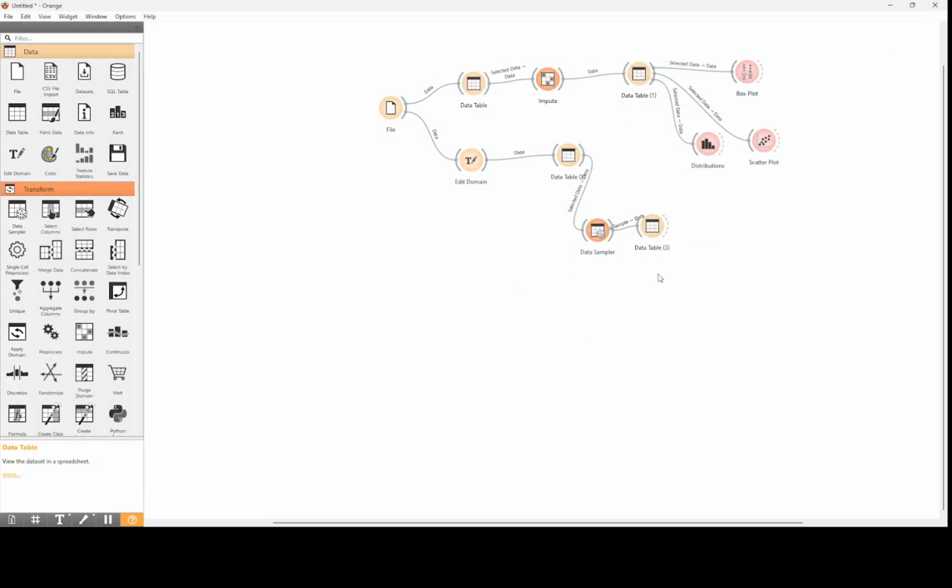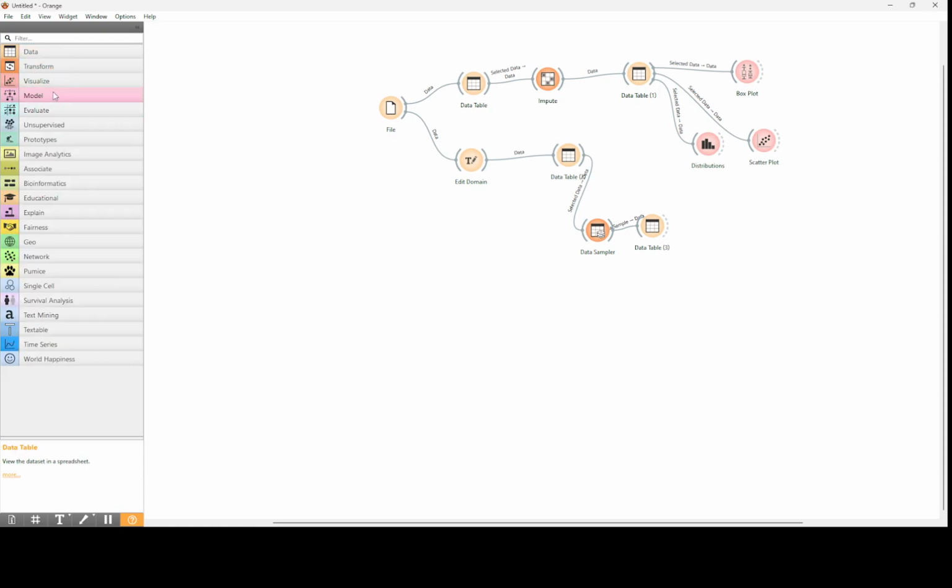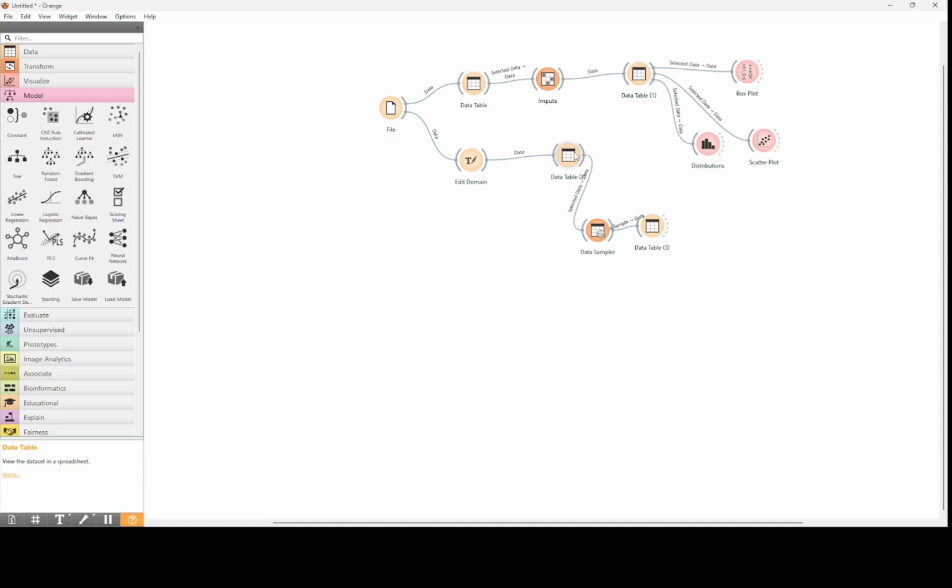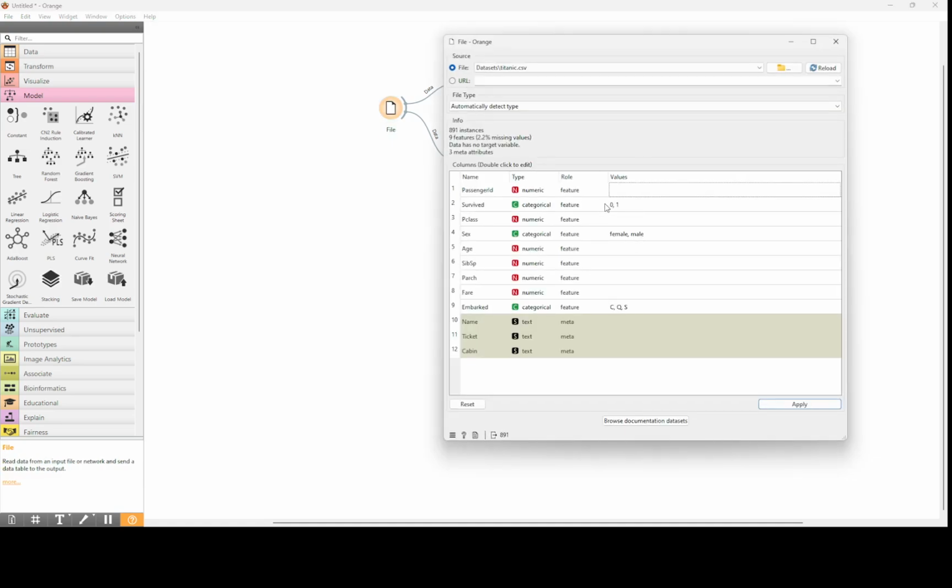Now another thing, we have to use some model. Here we have to define what kind of prediction we need, right? For example, we say that we need the prediction of fare, for the people that embarked from three different locations on the Titanic.